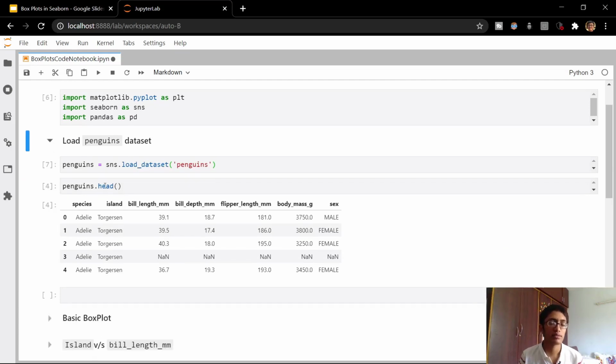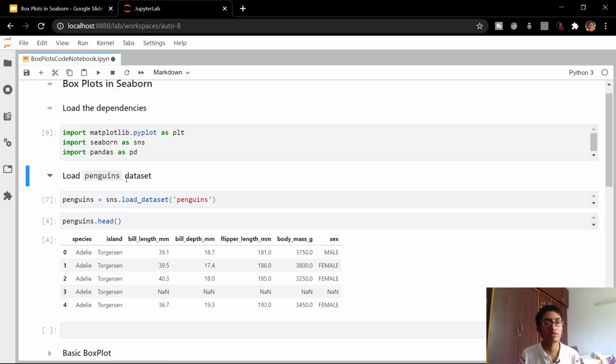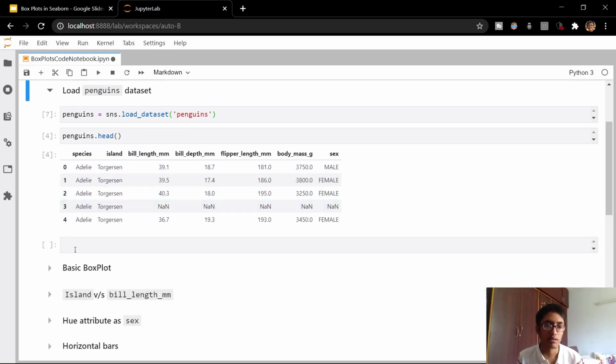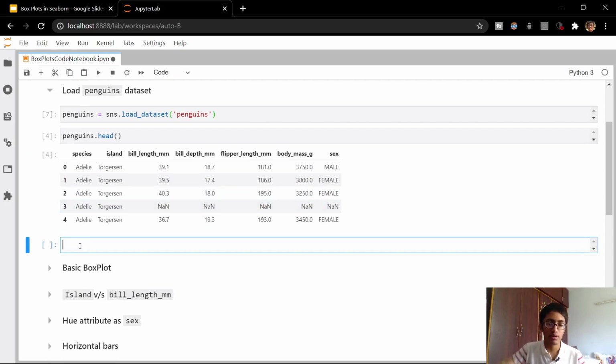The next thing I've done is I've had a sneak peek at the dataset using the head function of the pandas library. Here you can see that we have columns such as species, island, bill length mm, flipper length mm, body mass, and the sex also. The next thing I'm going to do is print a list of all the various summary statistics that come with the data using the describe function of pandas.